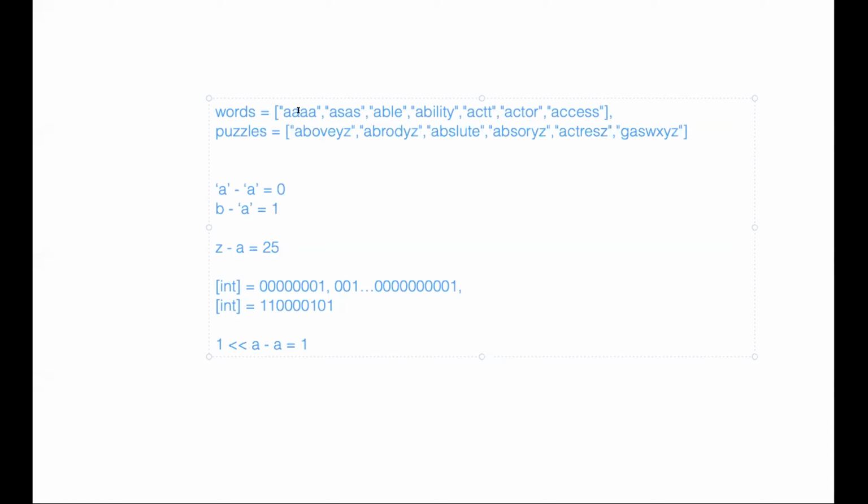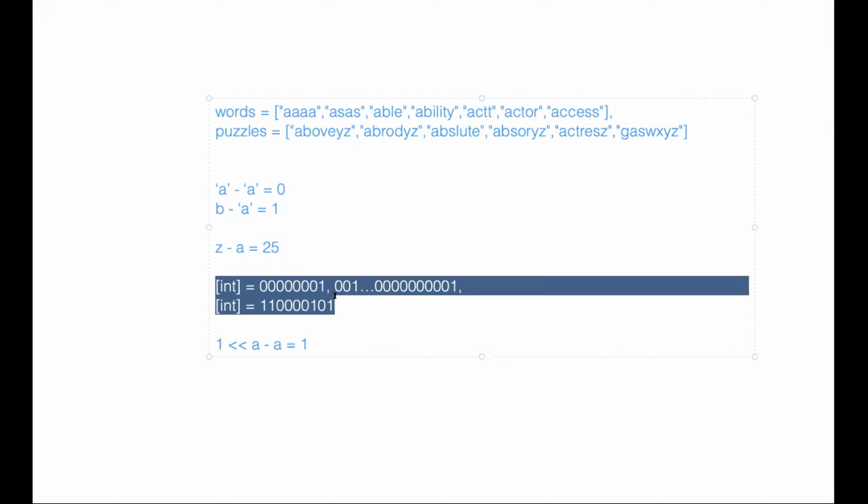So we can do AND for this word with the puzzle, and if it matches, that means both the conditions are met. Then similarly, we will pick again the same mask, do the AND with the second one, and if it matches, we are good. And then we take this integer for the second word, and then do the AND with the puzzle, and if they match, then that means all the letters of that word are present in that puzzle, right? So I believe this should work.